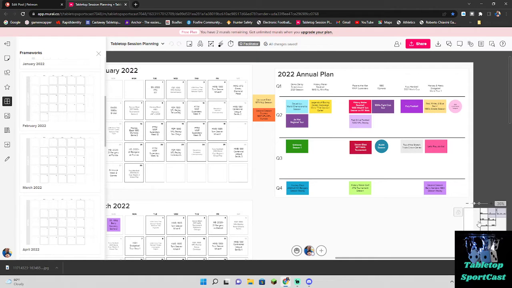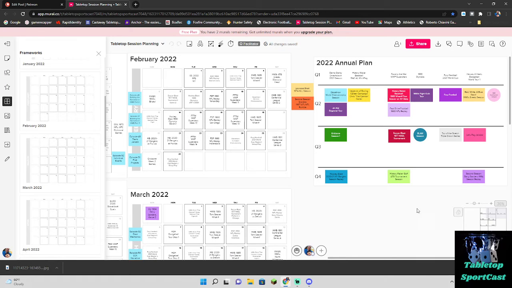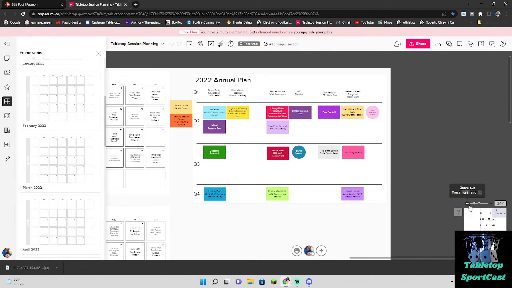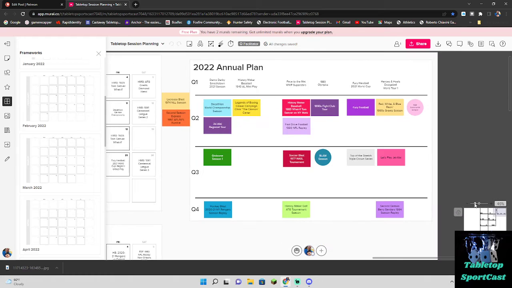As you can see, I can move around and zoom in on different parts of this board. There's also this little navigation screen down here where I can zoom in on a specific piece of the board. So we'll come into this one, zoom in a little bit more. And what you're looking at now is my 2022 annual plan. My annual plan is where I'm tracking the different projects that I want to complete, and I use this color coding,